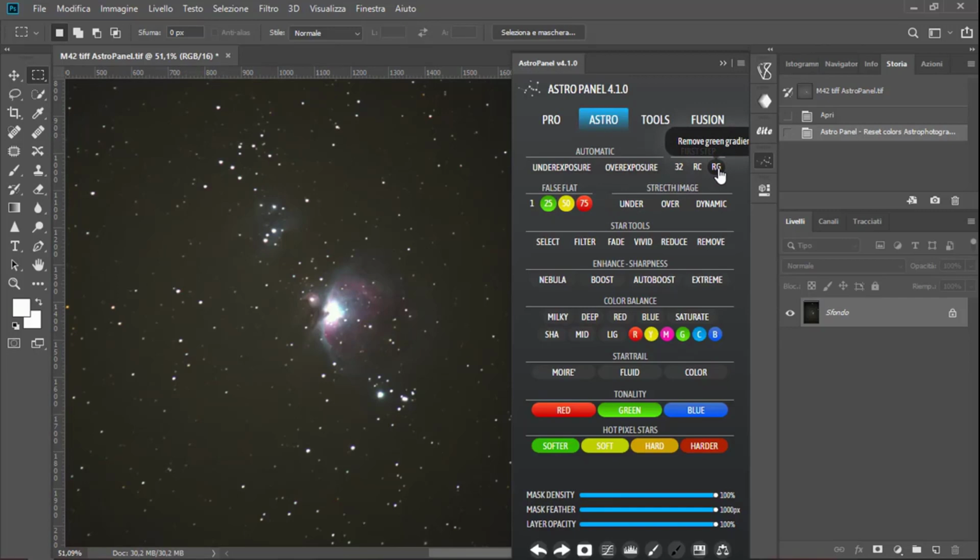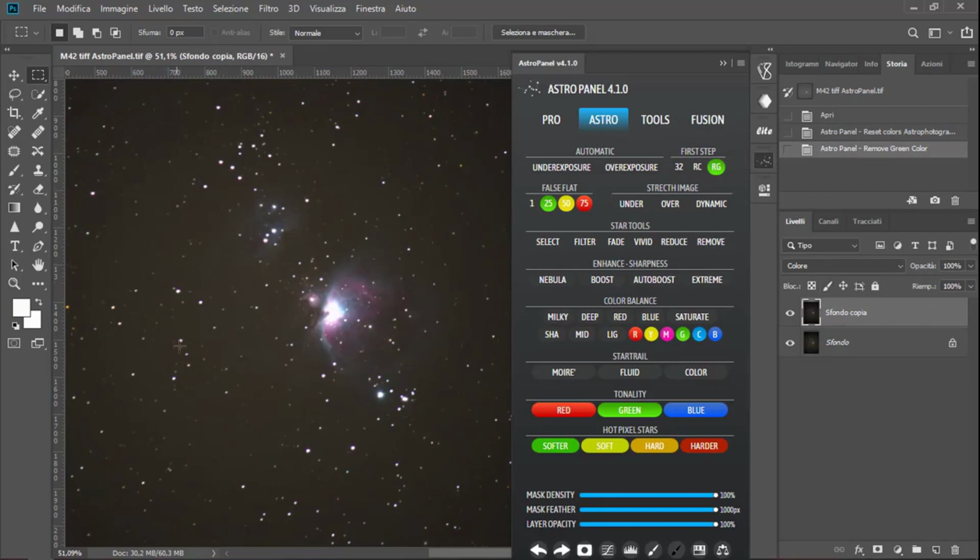We can also remove the green gradient, but we have to downgrade the opacity because we have this little bit of dominance of green, so